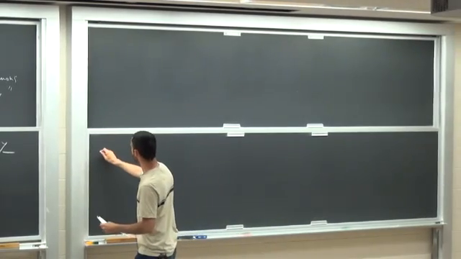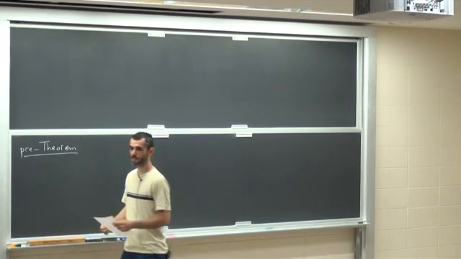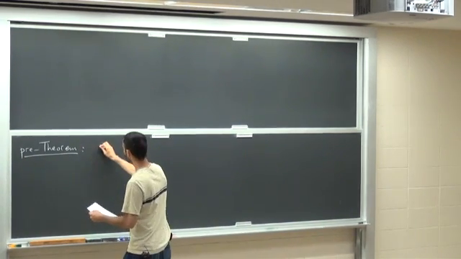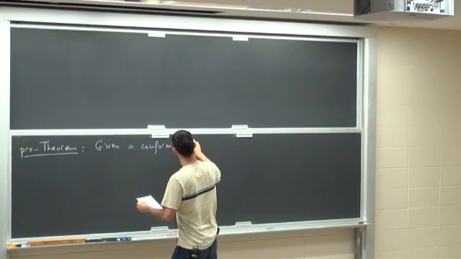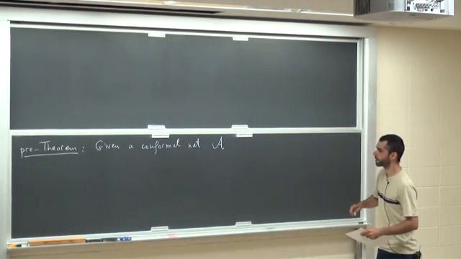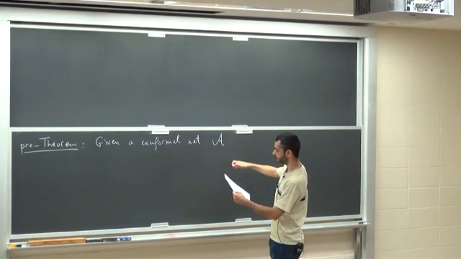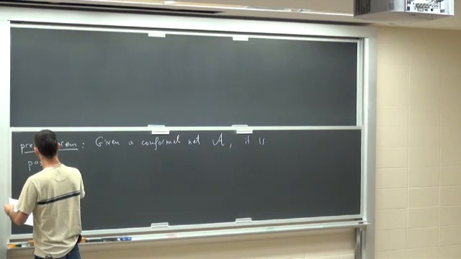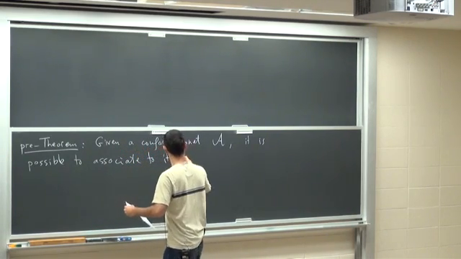So let me write, I call it a pre-theorem. Pre-theorem just means that it's a theorem, but I haven't really checked all the details. And I realize that I haven't told you what conformal nets are, but I'll do that very soon. So given a conformal net, it is possible to associate to it a